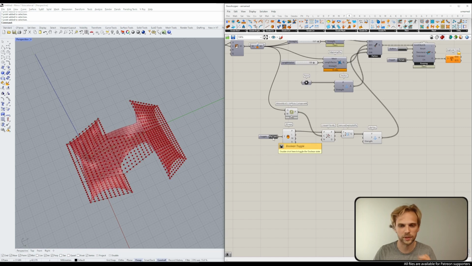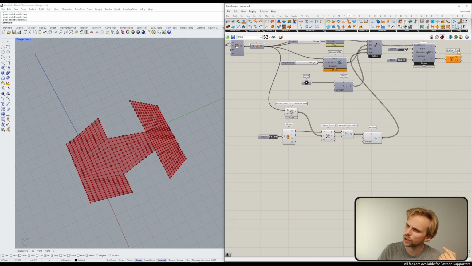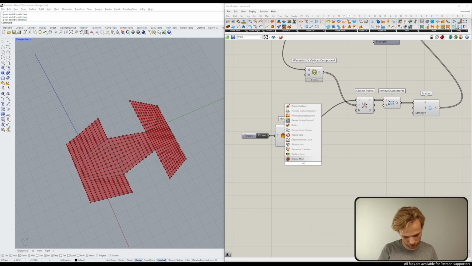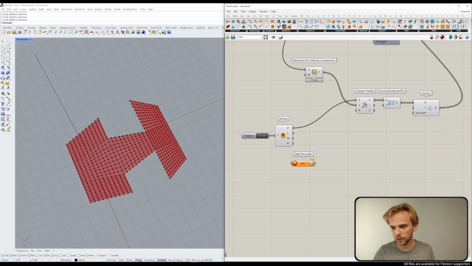Let's make it a little bit cooler. So I have this mouse that's being tracked. What if every time I hit the backspace button, the point is recorded? Let's do that. So I could just say record, data recorder. I could just say record the data, and then